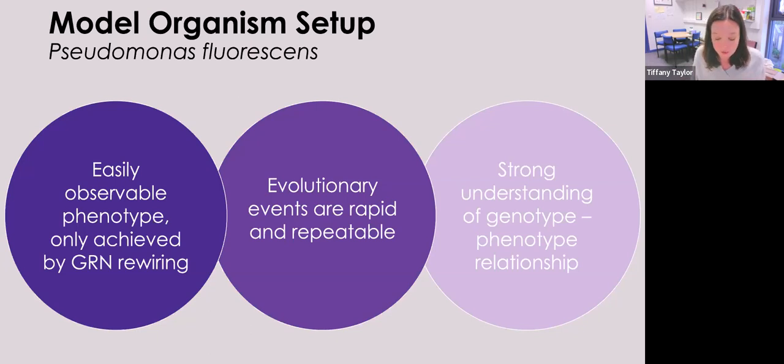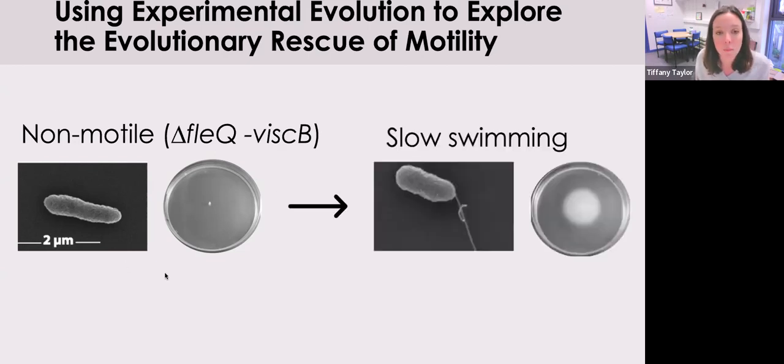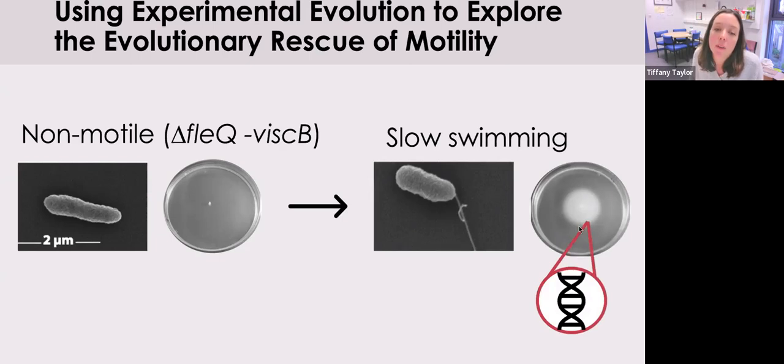So I started with my fellowship, and the first thing I wanted to do is keep it simple and understand the mutational spectrum of that first step mutation, that slow spreading mutant. So we worked again with our non-motile engineered strain, and we let it evolve swimming motility just by putting it in the middle of an agar plate and leaving it. We then sampled these motile mutants from the leading edge, and we sequenced them up to understand which mutations were conferring the motility